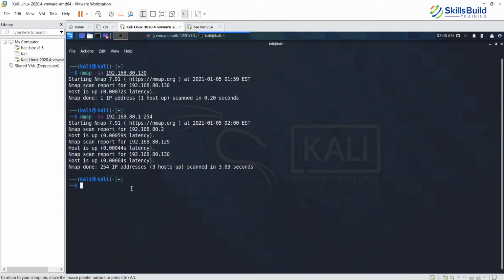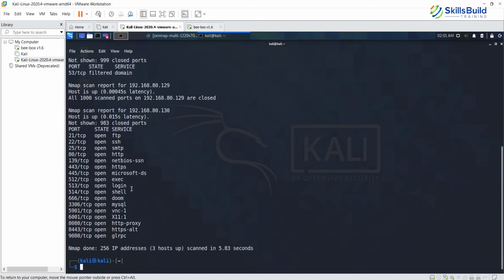the B-box. Now let's do another thing, and without any parameter, let's just do 192.168.80.0/24. Let's see if this command works. It will scan the entire 80 subnet.